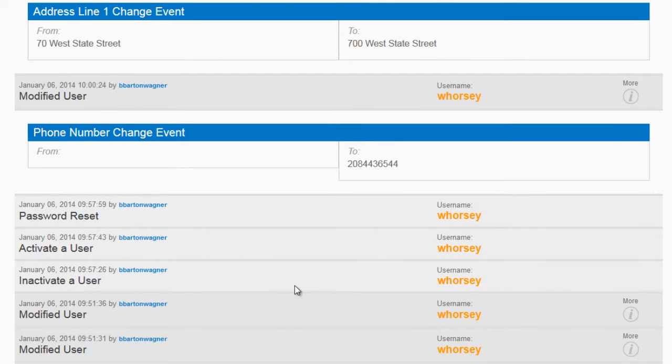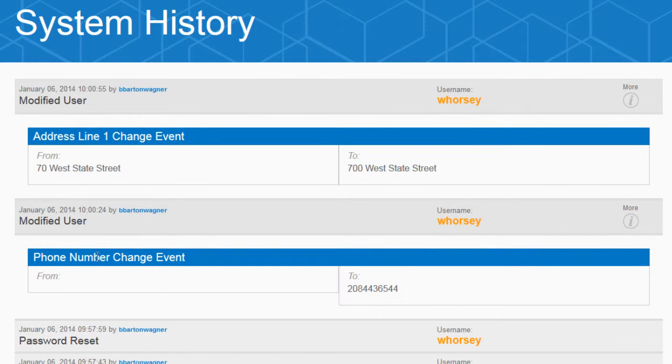A little lower down, when we see password reset, there's no need for more information. We know it's a password reset. And the same is true for activating or inactivating a user. So that's it. The system history is very valuable to see exactly what you changed when you modified a user,